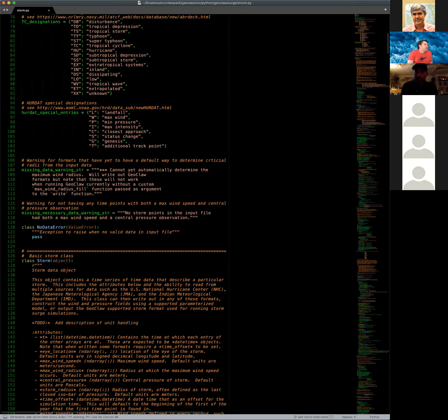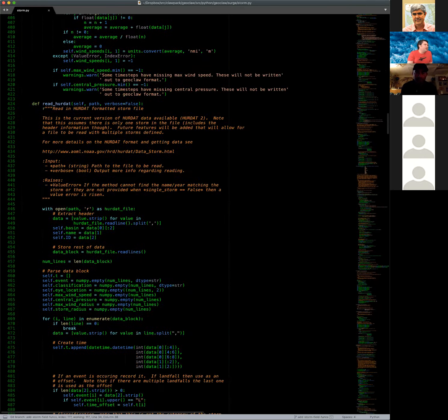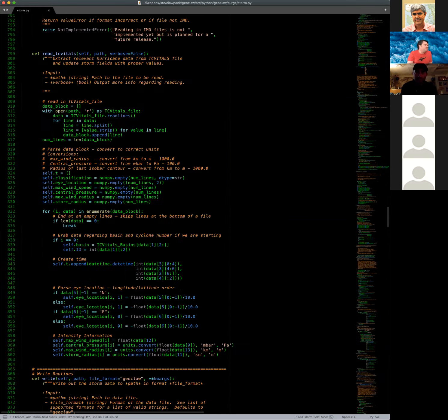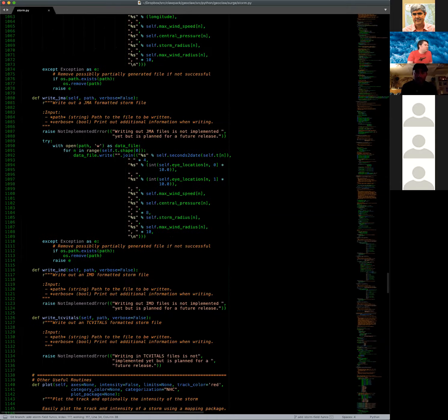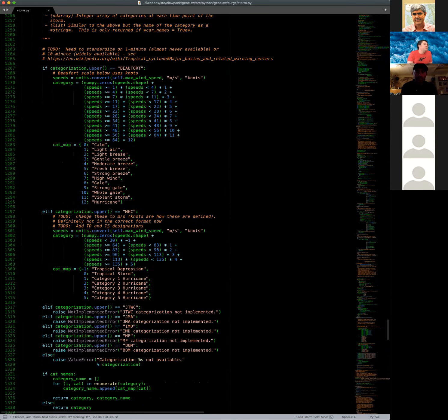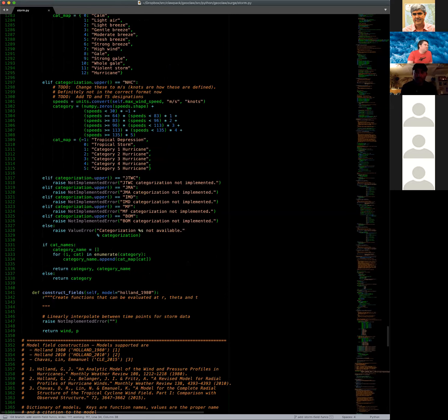Yes. And then there's a lot of different readings in here. You can kind of see what different stuff we have in this. The kind of important point, though, is that we do have categorizations as well. So this is Beaufort, NHC. Clearly, we have more to do. But those are the type of things that we can add and actually do some of the standard